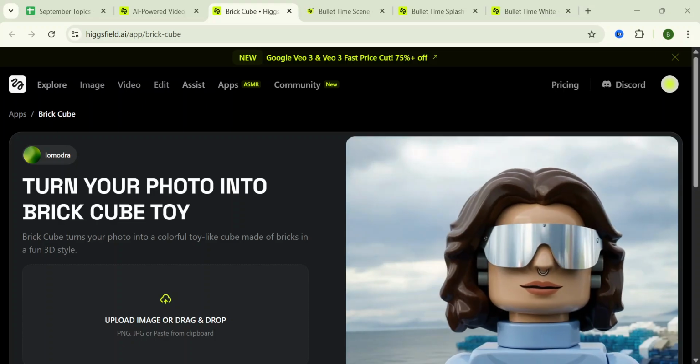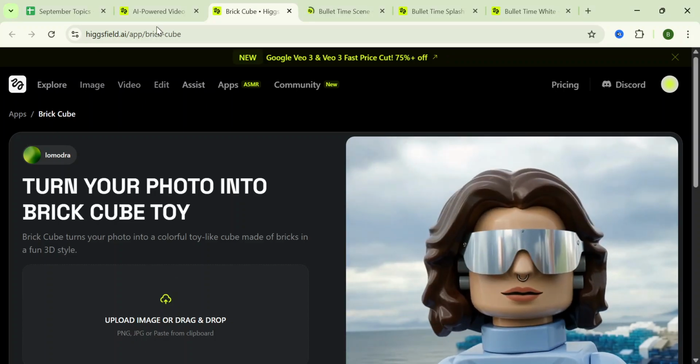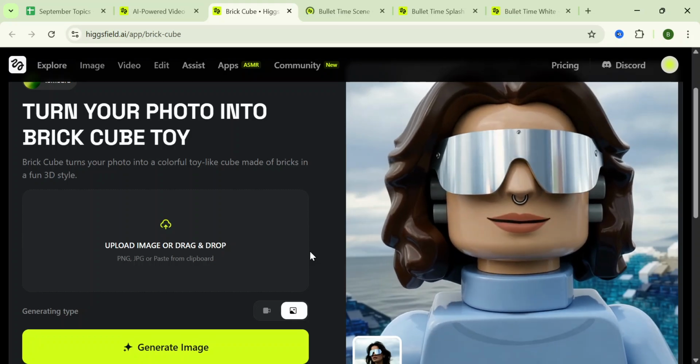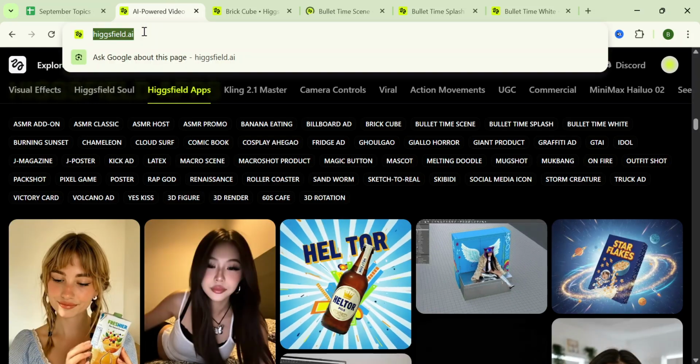Hello guys, and welcome to this video where I'm going to be showing you how to create this brick cube toy effect, more like the Lego effect on Higgsfield AI. So the first thing you have to do is go to this website higgsfield.ai, sign in or sign up, and